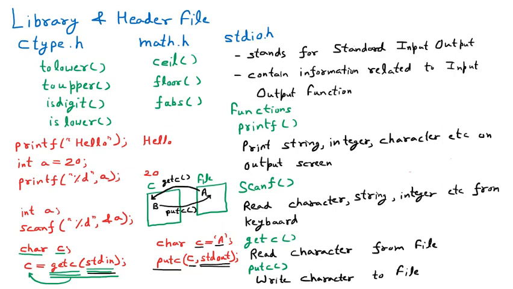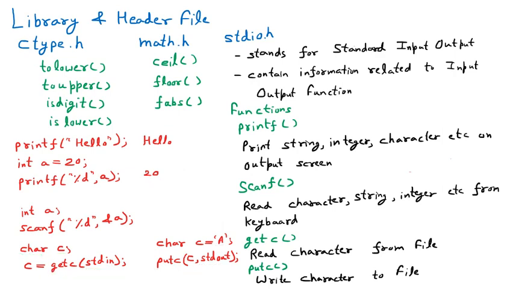I'm taking one more example to make you understand. So I am elaborating with the help of some example. Let us suppose that this is my C program and this one is the file. File means, let us suppose, any file you are having on the system, any text file. If I talk about the first statement, there we are saying char c, that means a character is declared. So there is a character c inside our C program.